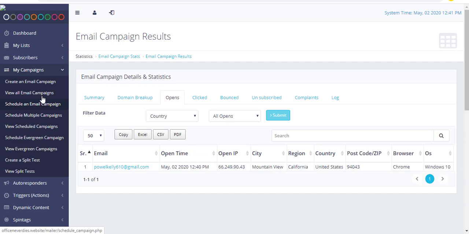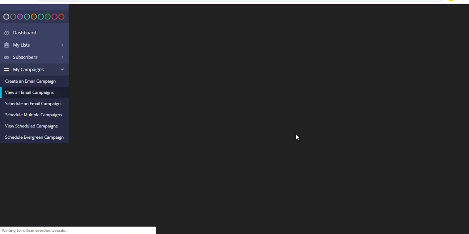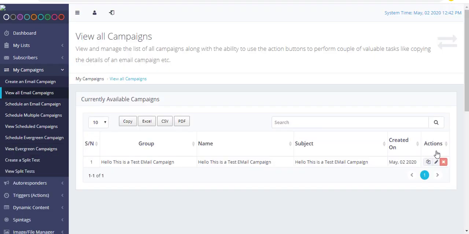So whenever we have to send an email campaign, we just have to schedule an email campaign, and the campaign is already set up, or text is already set up in the create an email campaign section also. And if we want to edit any email campaign, we just have to go to view all email campaigns, and edit that particular one, or we have to create one email campaign, and after that we have to just schedule an email campaign.